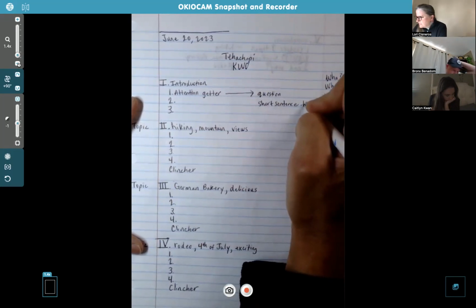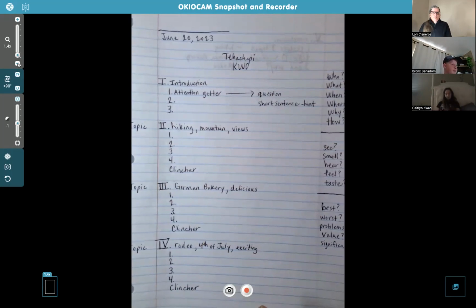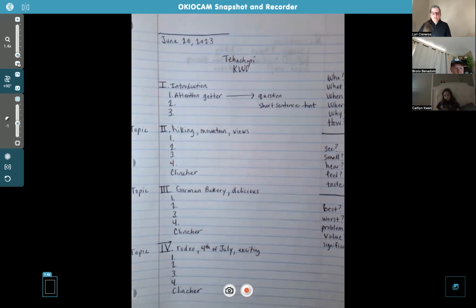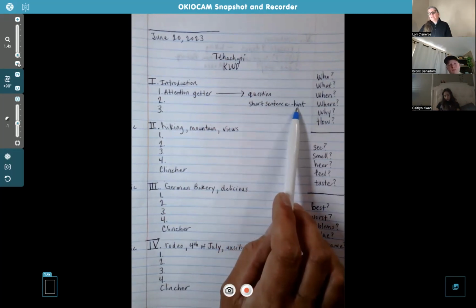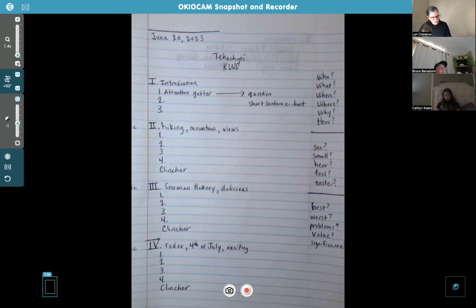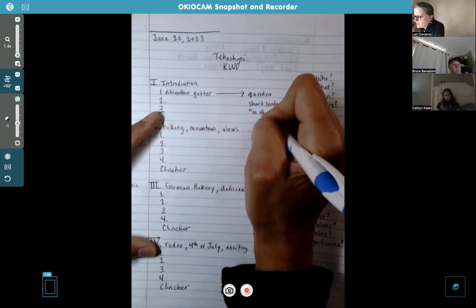like a hint about something, like snakes. Let me think for a second. Snakes are under the rocks. Short sentence, a little hint about Tehachapi. You probably will come across a snake or two on that hike to the top of the mountain, especially in the summertime. Something like that, where you just give a short sentence and it gives a hint about something that you're going to talk about. Okay. It could be that you have something in the middle,